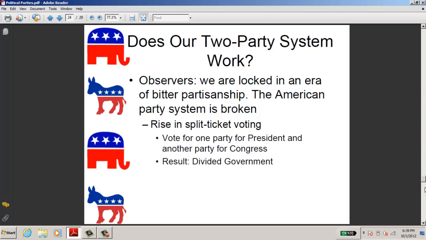Split-ticket voting is where a person goes into the voting machine and picks a president of one party, but for Congress they vote for a different party. So what this causes is divided government. You're putting two different parties in power, and if you look at the current system, nothing gets done. The Republicans took back the House in 2010 and pretty much stalled any legislation that President Obama was looking